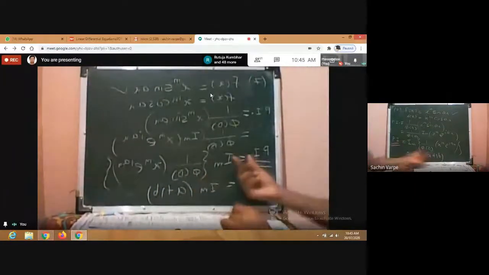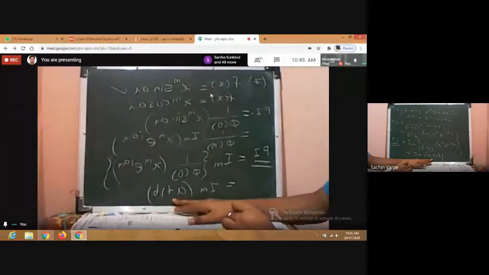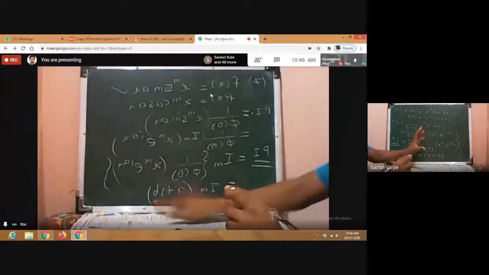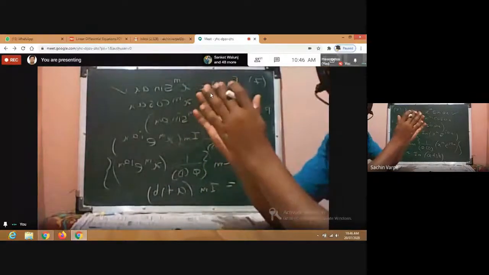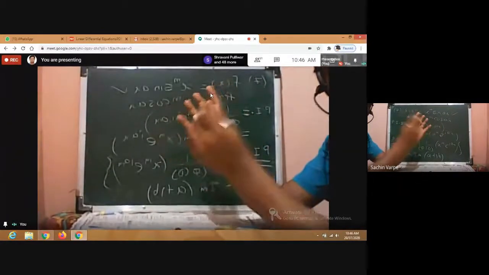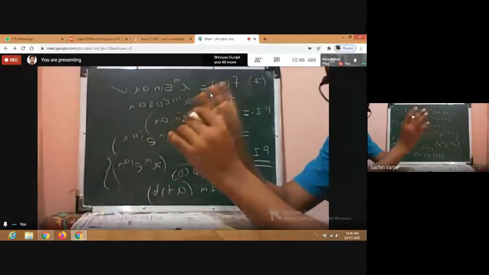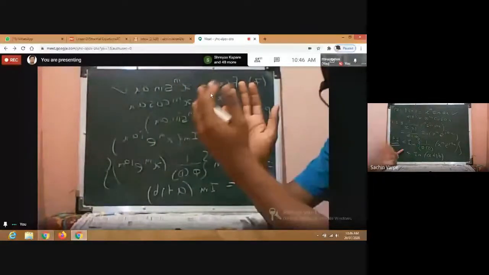So what is the imaginary part of this? What will be b? B means whatever the coefficient of i in the final step. We will separate out the real terms and imaginary terms first, and then take i common: something real plus i times something real, again i times b. So a plus ib, where b is the coefficient of i. Whatever that coefficient of i in the bracket is, that will be our particular integral.